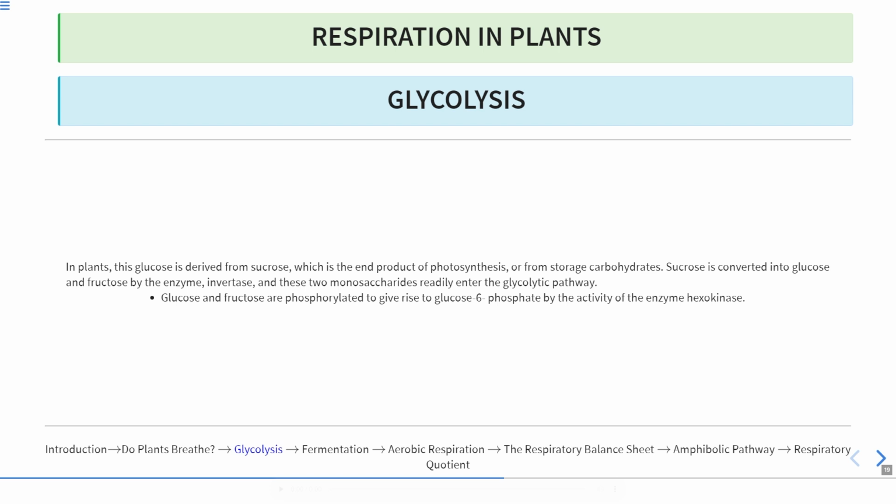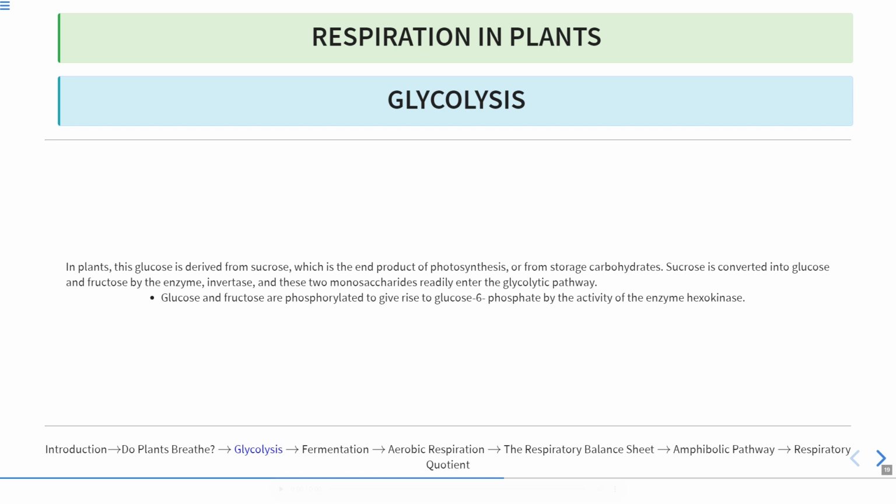Sucrose is converted into glucose and fructose by the enzyme invertase, and the two monosaccharides readily enter the glycolytic pathway. So the sugar molecule, which has been transported in the phloem, reaches every part of the plant body. Sucrose is first converted into glucose and fructose. In the presence of the enzyme invertase, sucrose, which is a disaccharide, is broken down into its two components, glucose and fructose, and these two monosaccharides can enter the process of